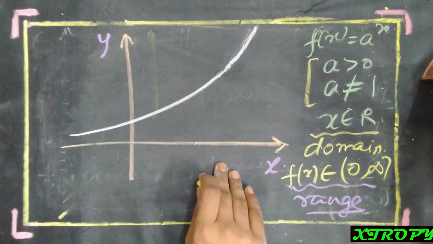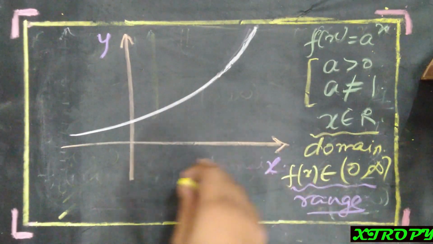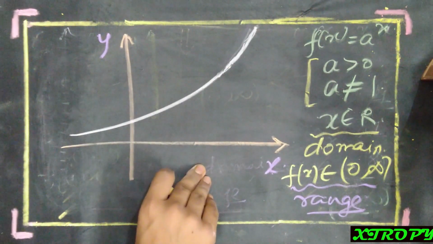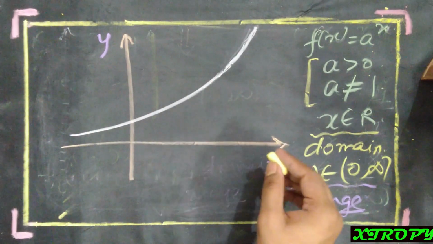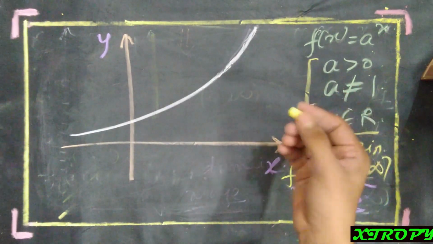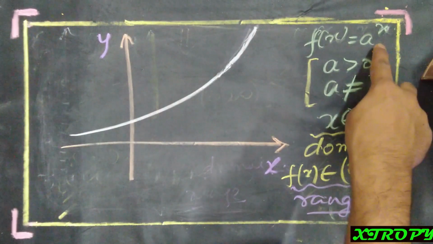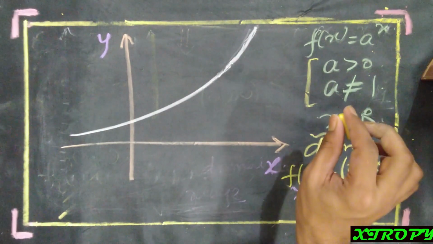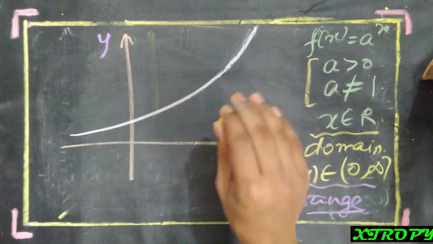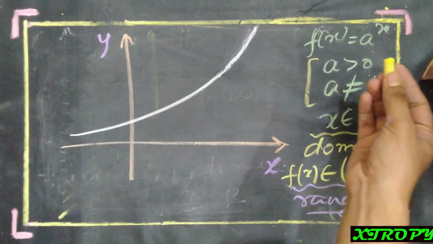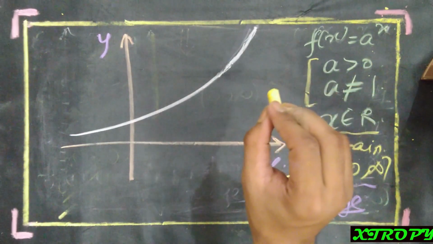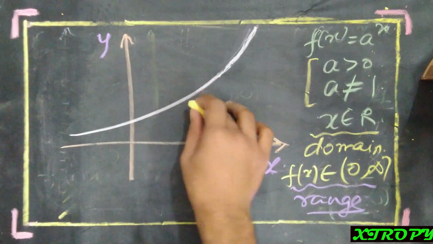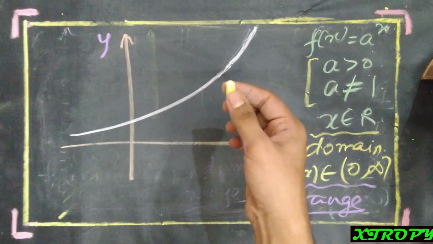So now let us understand graphically what this domain and range mean. Actually, domain is the input we give to a function and range is the output we get from a function. So any value of x you input is the domain, and here we do not have any restrictions over the domain. We can input any real number into the domain, and the output that the function gives us for the values of x is known as the range.